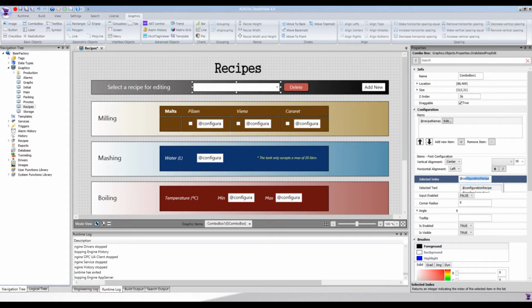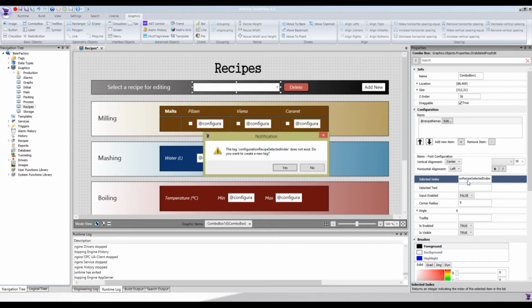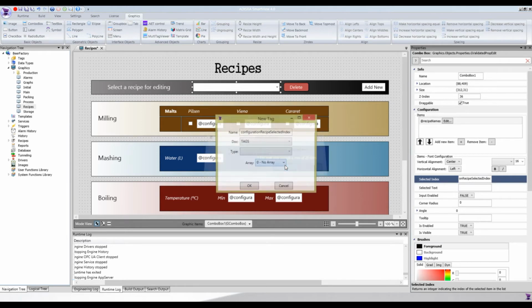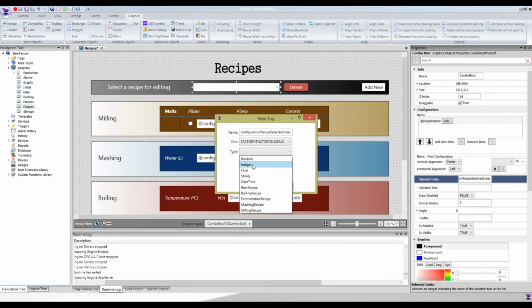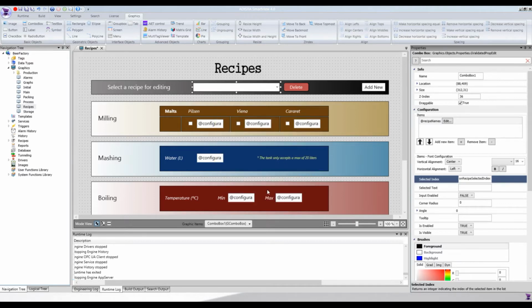I'm going to create one called configuration recipe selected index. It's not created yet, so I'm going to create it. It's going to be also inside the factory globals, and it's going to be type integer. It's not an array. Okay, it's already created, and we can go to the next one, which is the input